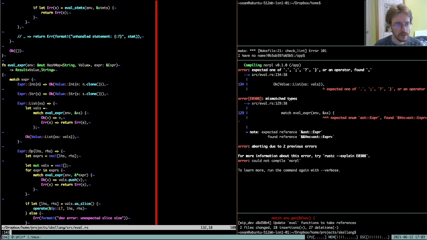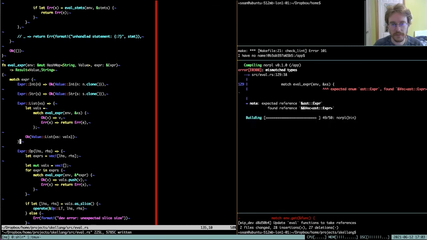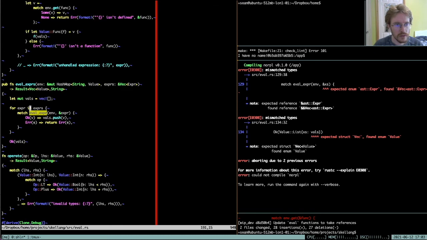Line 134, expected not that, and expected that there. 129, expected an expression but found a vector, so probably have the wrong, oh no,